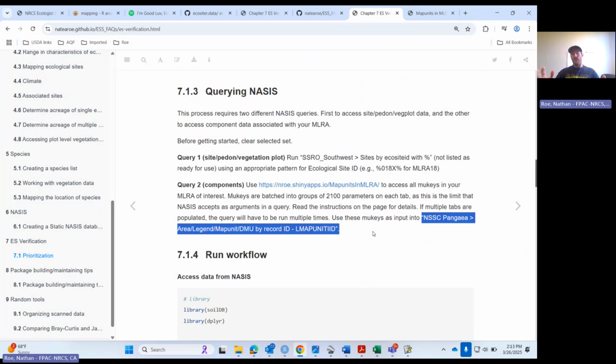So, kind of a little esoteric database thing. MU key and L map unit IID are synonymous. So we just got MU keys. They're the same thing as legend map unit IIDs. So we're going to come over